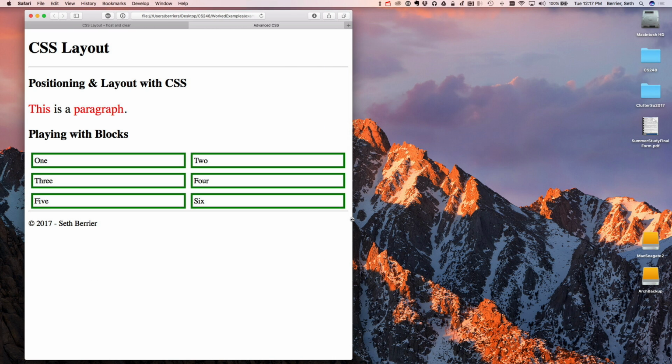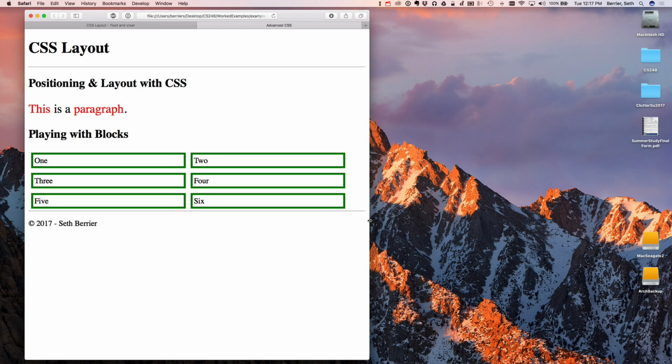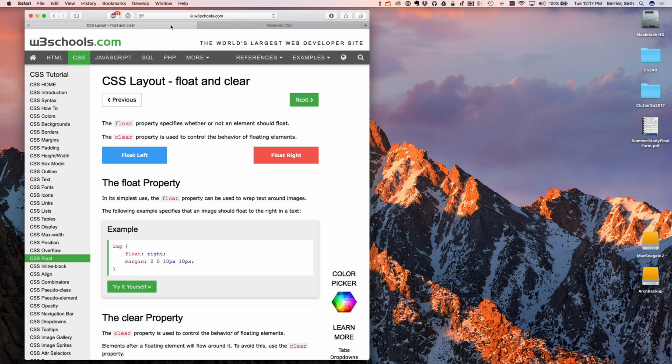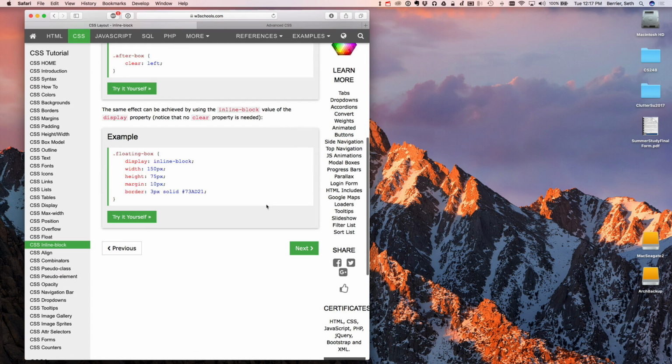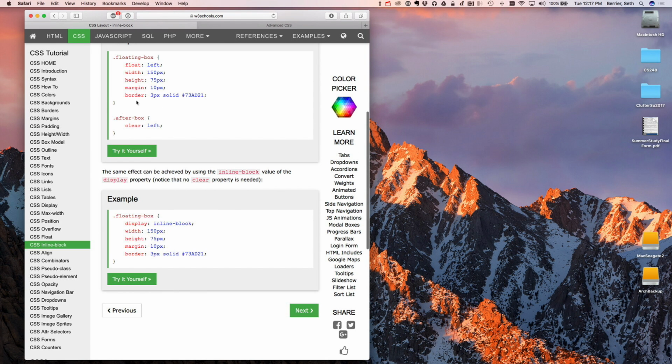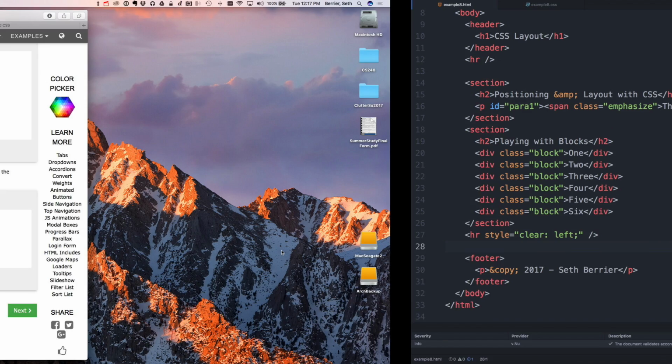Now, in fact, there's an even better way to do this where you don't have to use the float and clear remarks to make it happen. There's a more advanced type of display called inline block that we can use. If we use inline block, then this avoids that whole problem that we ran into of needing to clear things. So let's go back over here,